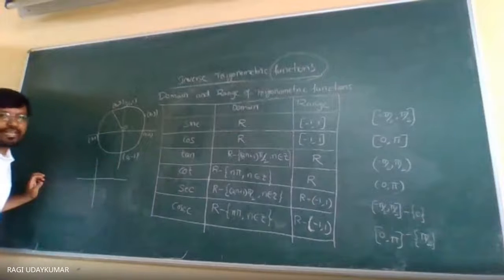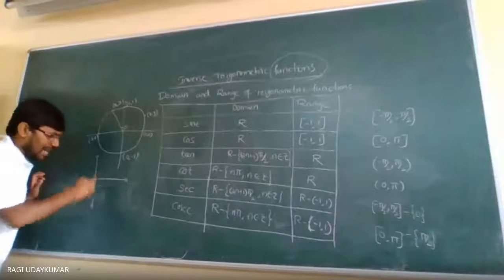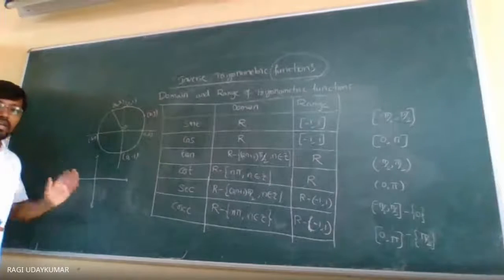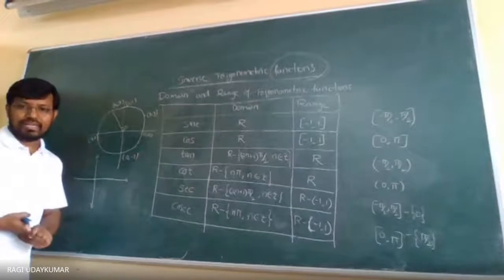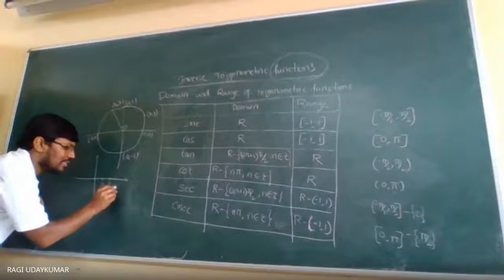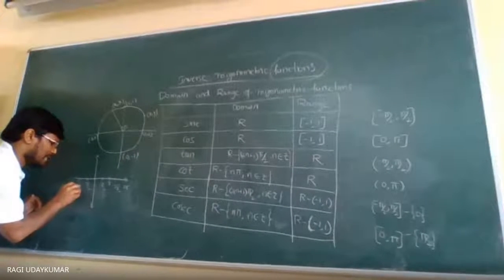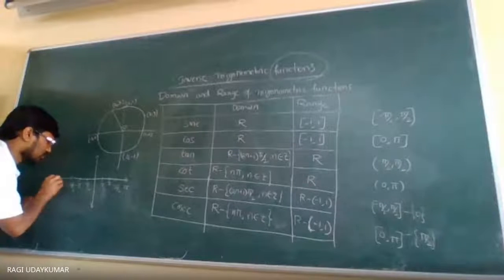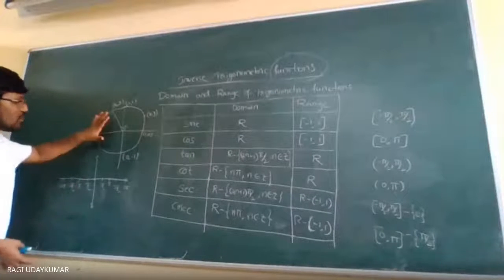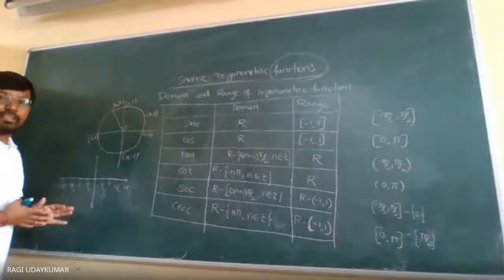See the graph of the sine function. This is the x-axis and this is the y-axis. On the x-axis, all the real numbers will be there, and here the real numbers are radian angles. So we need to take pi by 2, pi, 3 pi by 2 and 2 pi, and on the left side minus pi by 2, minus pi, minus 3 pi by 2, minus 2 pi. With the help of this, you can draw the graph of any trigonometric function, like the sine function.